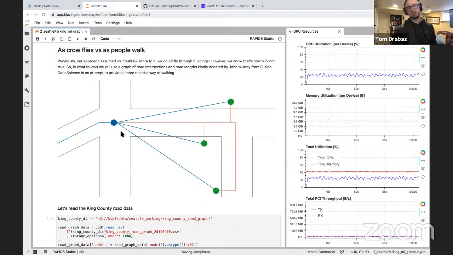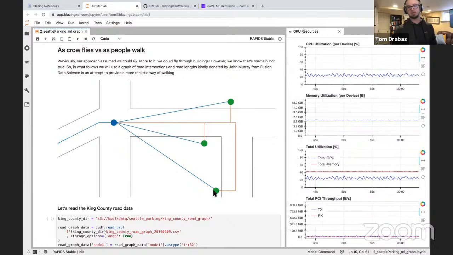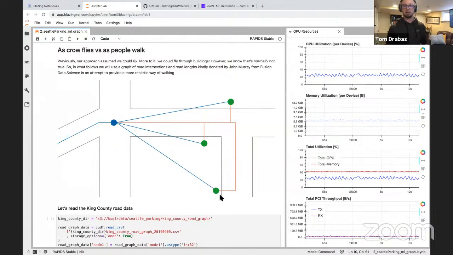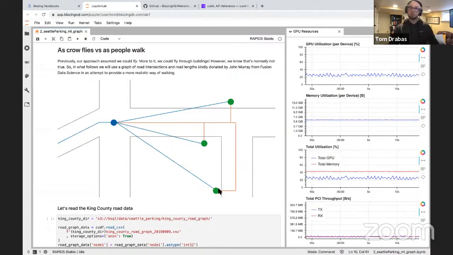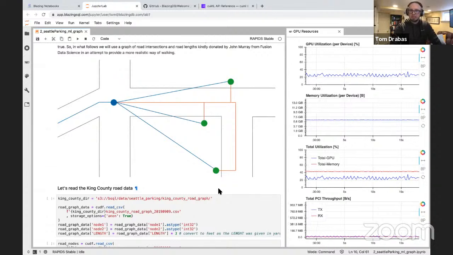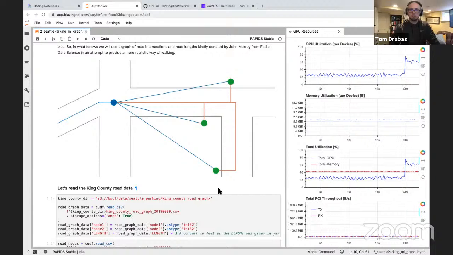You cannot really fly through a building here to get to this parking spot. The more realistic way of dealing with this would be to walk along this road, turn here, and then get to our parking spot. We don't have that yet, but as I mentioned, John Murray from Fusion Data Science was kind enough